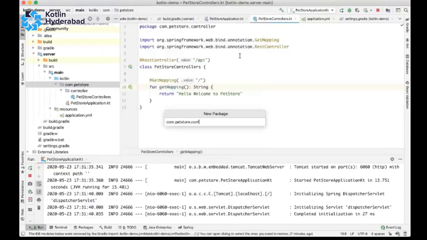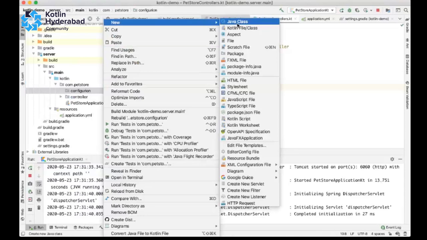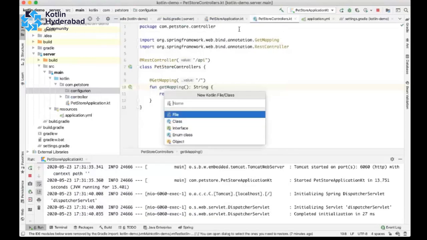There is some problem. So for the new way, we are going to write a configuration class instead of writing a REST controller class.